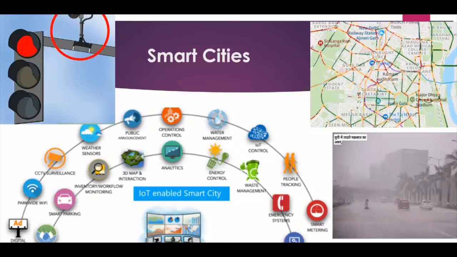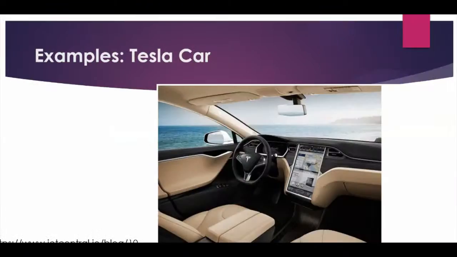This is the example of Tesla cars, the unmanned vehicle. It can move from one place to another without a driver. There are multiple sensors continuously monitoring and making decisions with respect to environmental variables, with respect to time, so that it can move from one point to another point. All these examples I have taken from the internet, so you can go through the website I have already mentioned below.